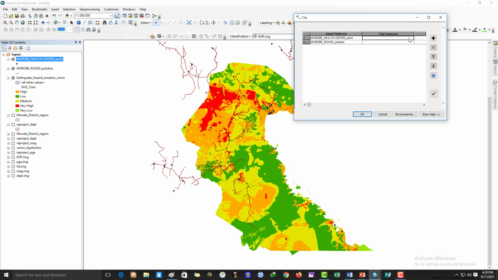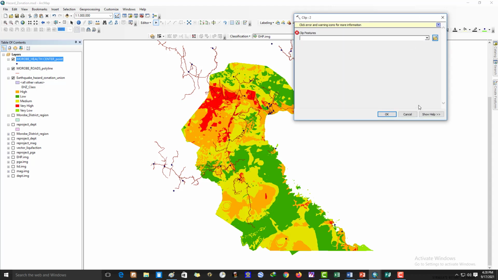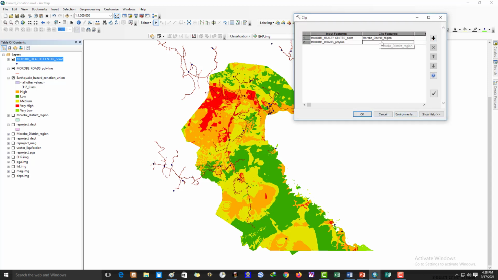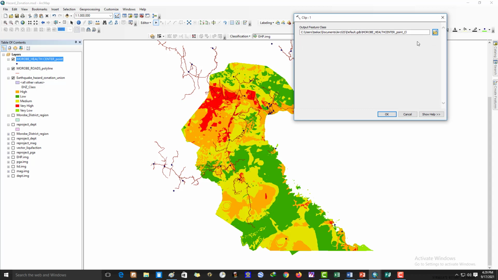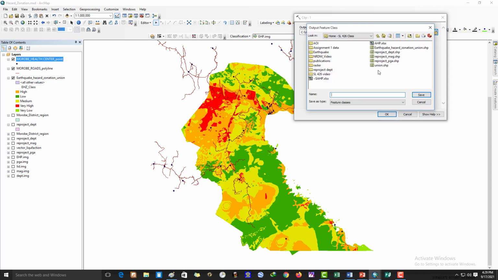The clip feature is simply this Morobe district region, this one here. Your output feature, you can double click on it and then select the folder that you will be saving your output data. So I'll go to the same location here,